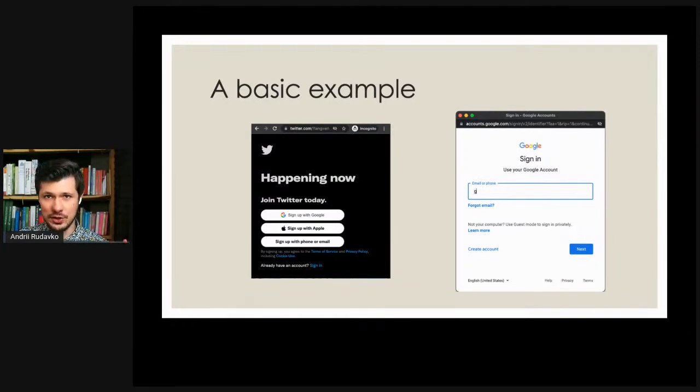Now, I understand that this doesn't really look like microfrontends, but if we go back to a single definition, that microfrontends are individually deployable components, are those two websites individually deployable? Sure, Twitter can deploy their landing page and login page as often as they'd like, and Google can deploy their page as often as they'd like. Although in this particular example, they are on different domains and they look more like a multiple page application,